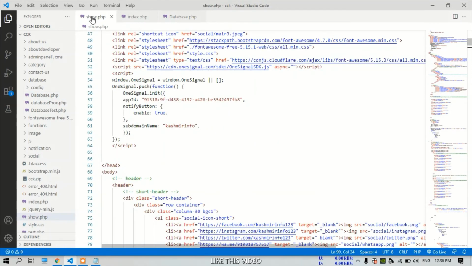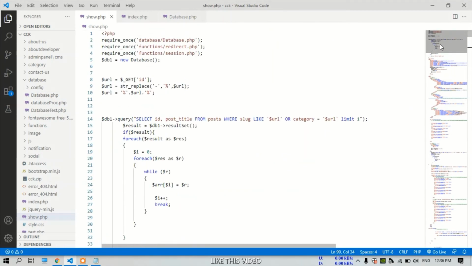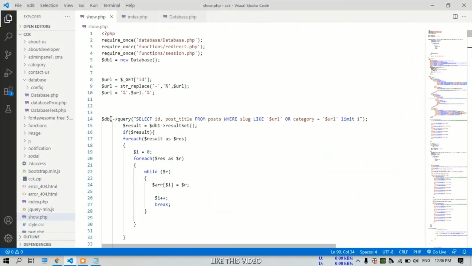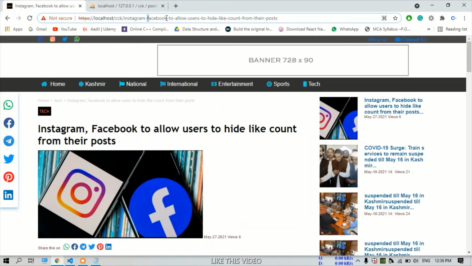What it does is it will get the URL. You can see the URL here, using this GET method. So basically what it does is it will get the ID based on this URL here, and after that